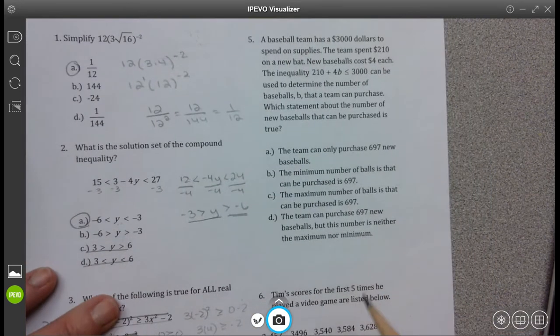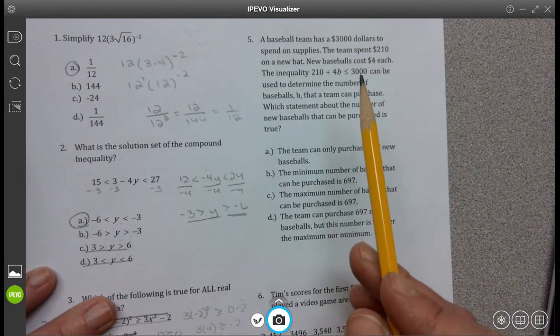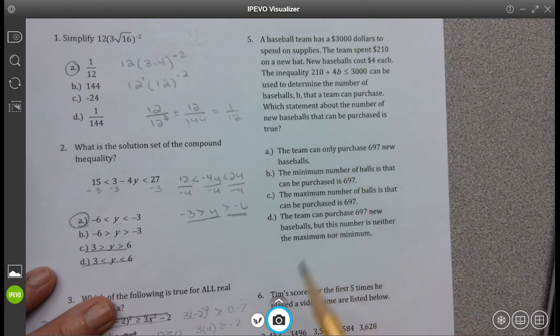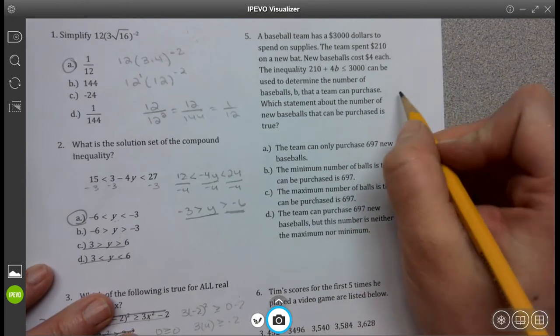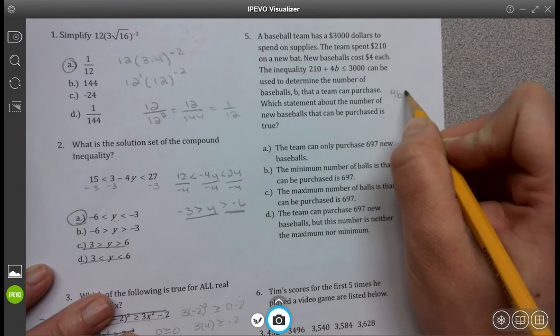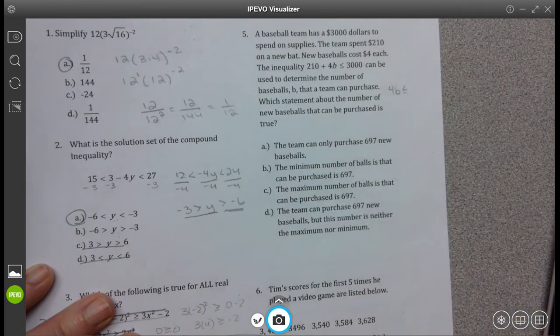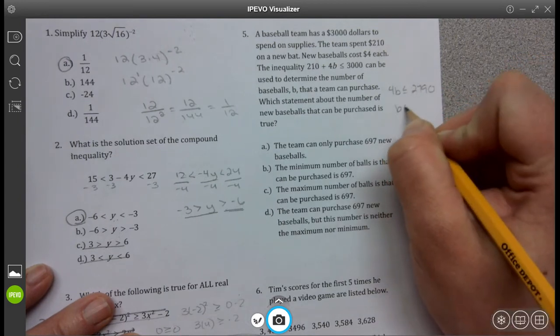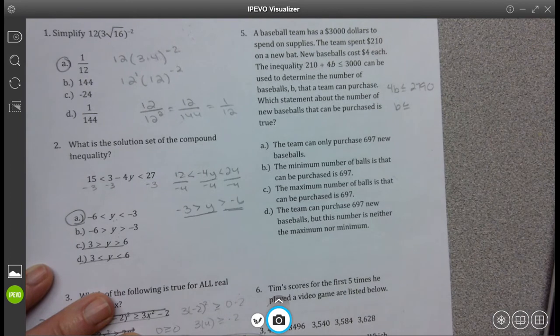Okay, number 5. A baseball team has $3,000 to spend on supplies. The team spent $210 on a new bat and then $4 each for baseballs. Use the inequality to determine the number of baseballs the team can purchase. So if we subtract 210 from both sides, from 3,000, we're going to get 2790. We're going to divide both sides by 4. We're going to get